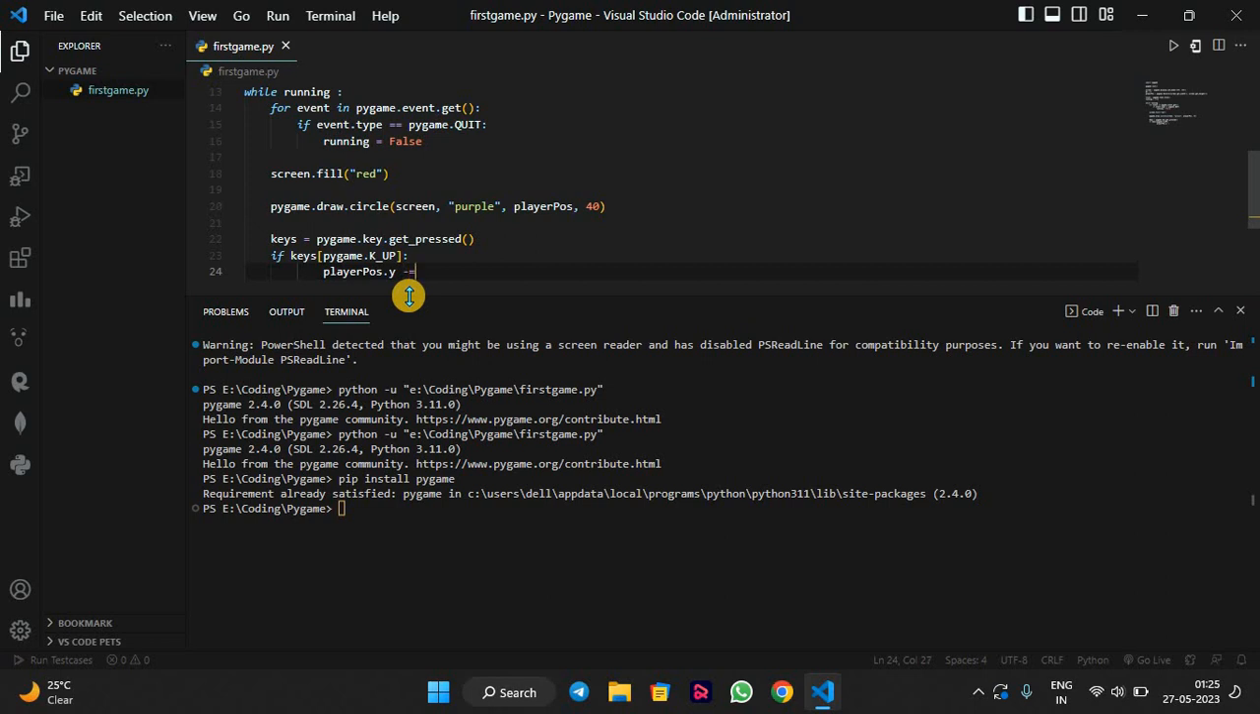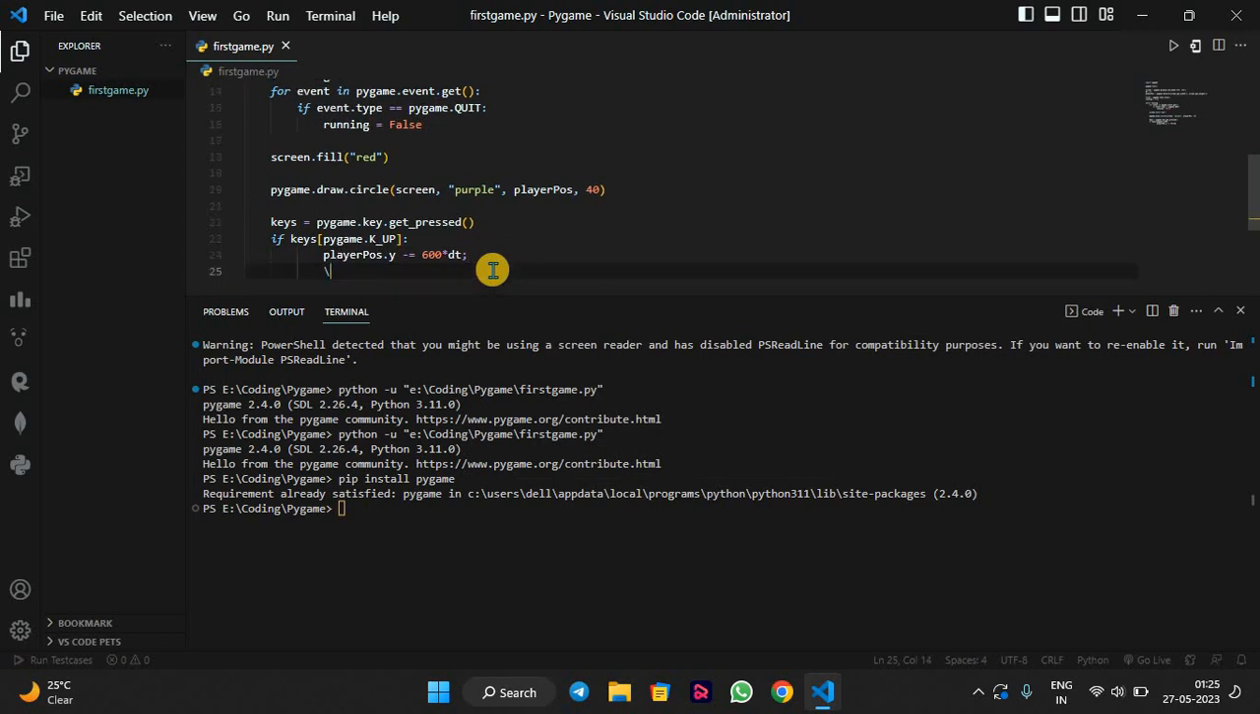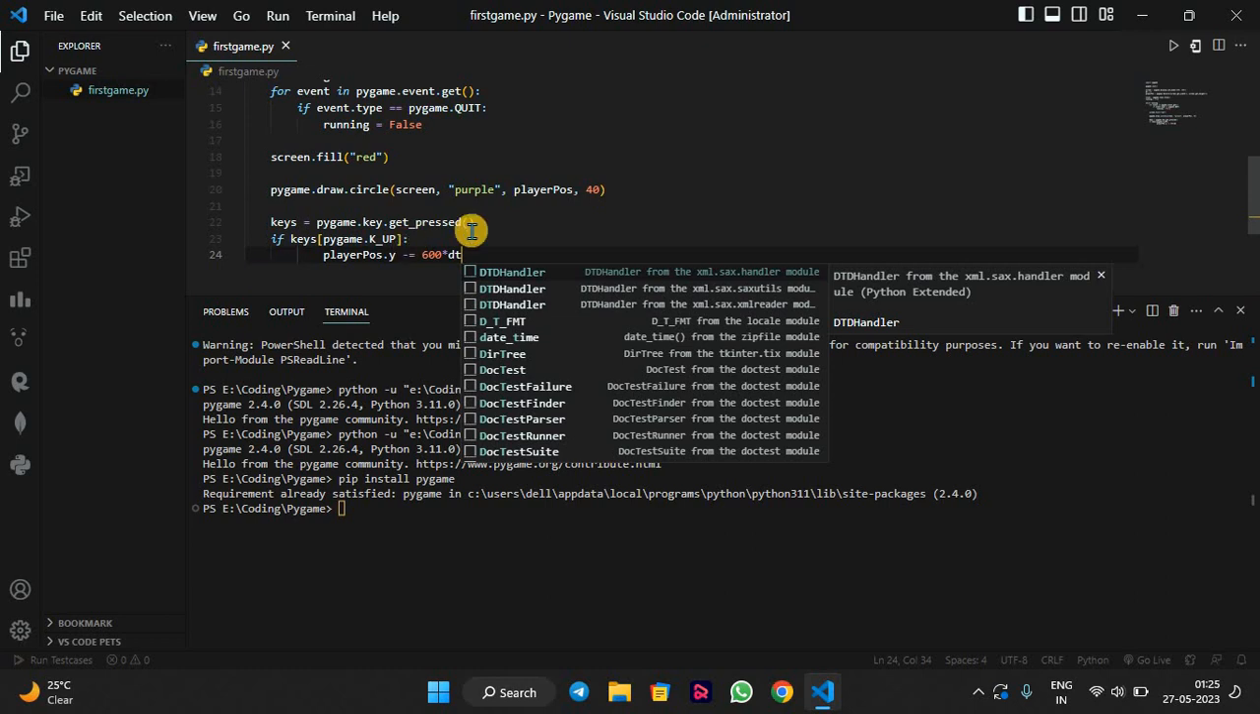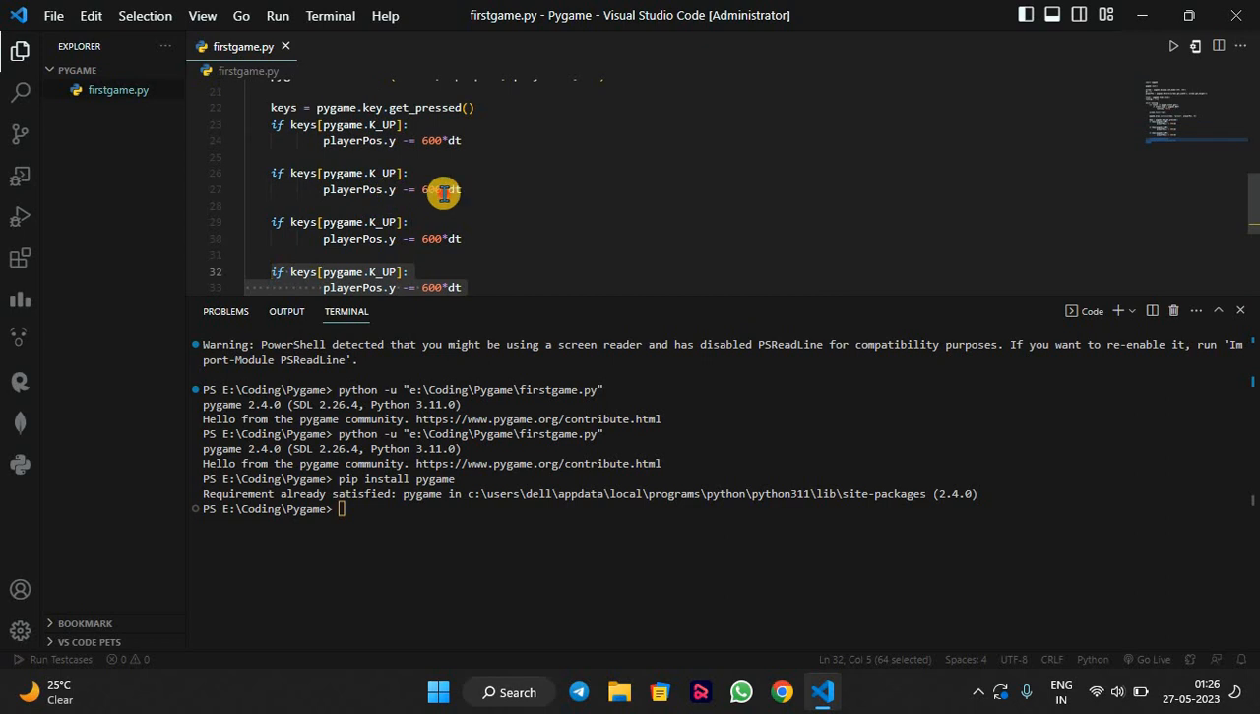Minus is equal to, so we are going to move it by 600 into dt. Okay, now we have to just make 4 ifs and there down, here left, and here right. Okay,